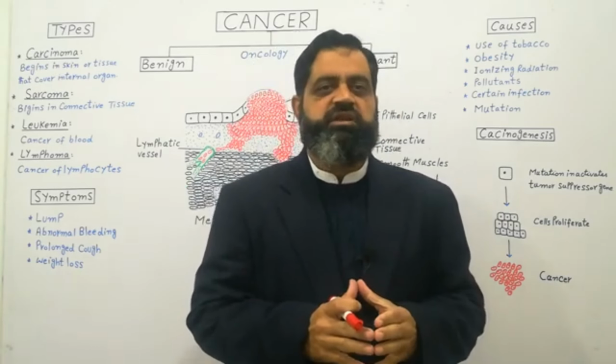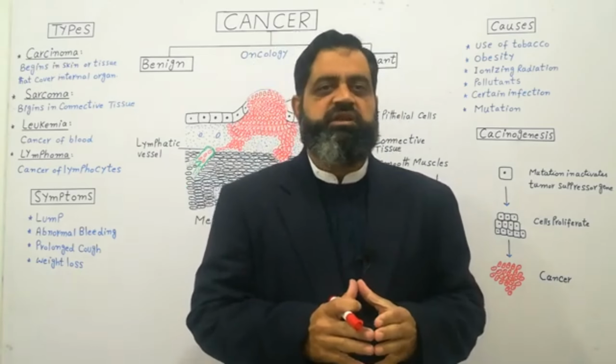As you know, carcinoma is a cancer of the skin or under the skin. So this tumor has been produced under the skin. If this tumor remains intact and localized and does not spread any other way, then this tumor is known as benign. But sometimes it so happens that this tumor starts to spread. The cells of the carcinoma or tumor start to spread. There they find a lymphatic vessel.